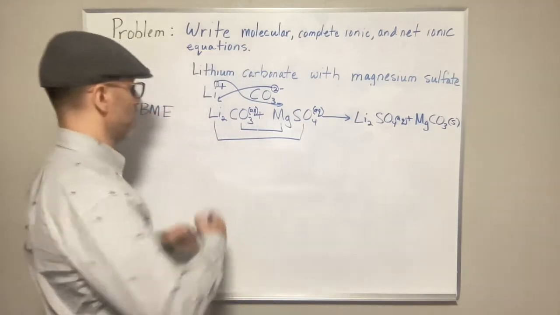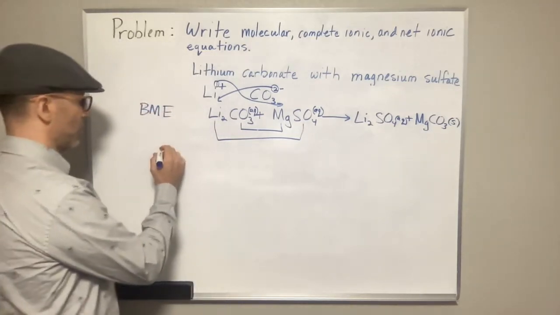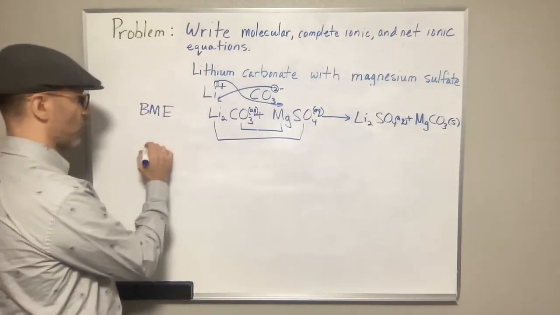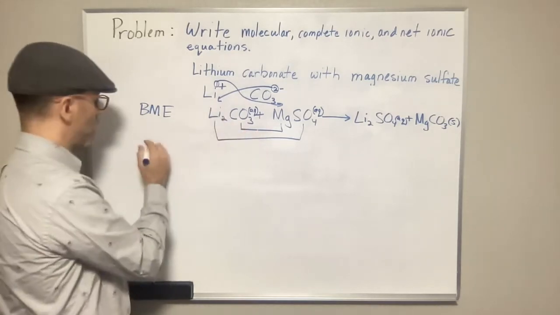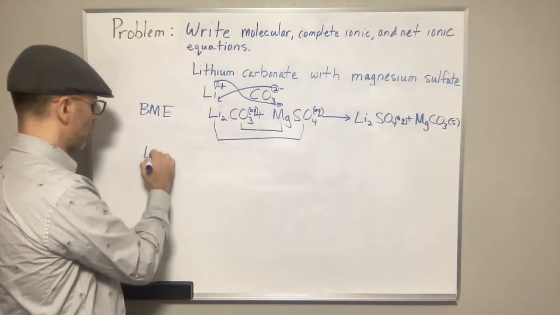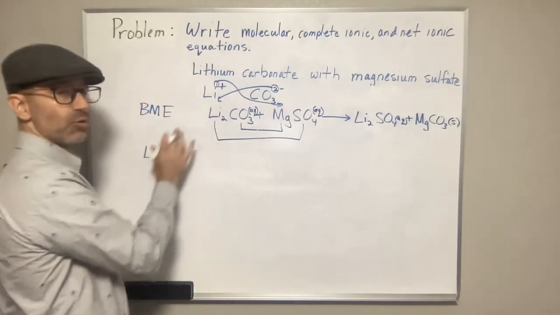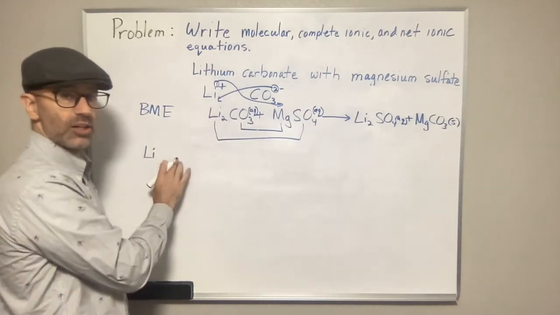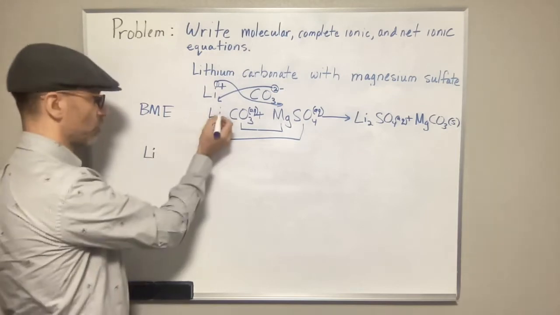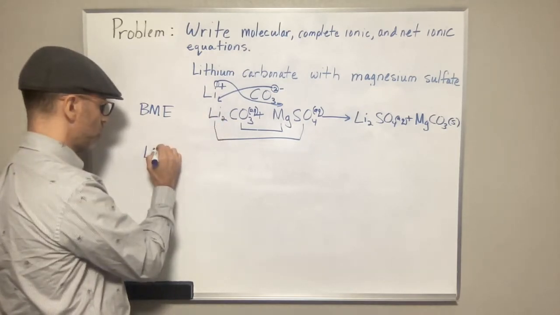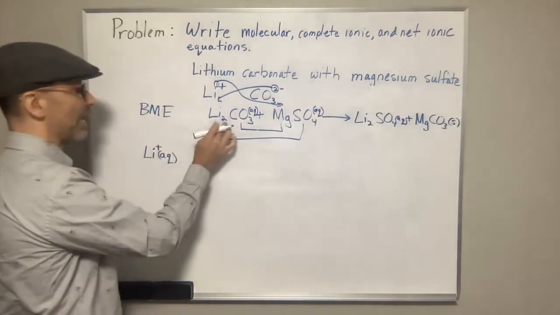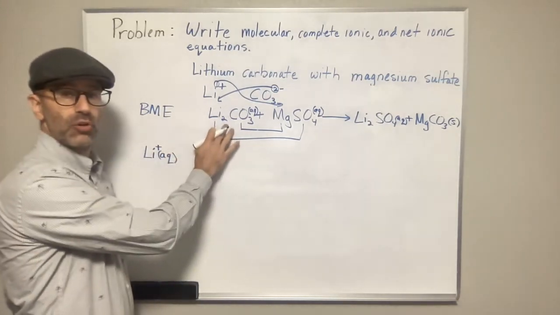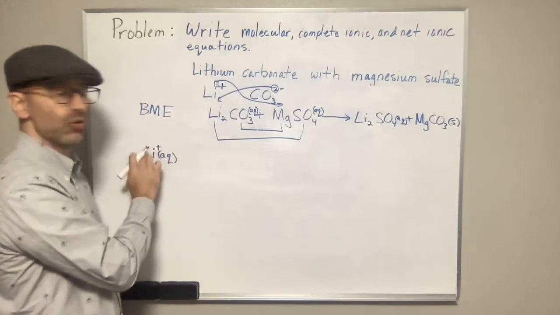So here we'll write our complete ionic equation. The way you do this is you separate all the ions like so. So I'm going to have the lithium ion. You write the ion with the charge, and it's aqueous. So this is a plus 1 charge, so this is Li+ aqueous. And I have 2 of them, so the 2 subscript becomes a 2